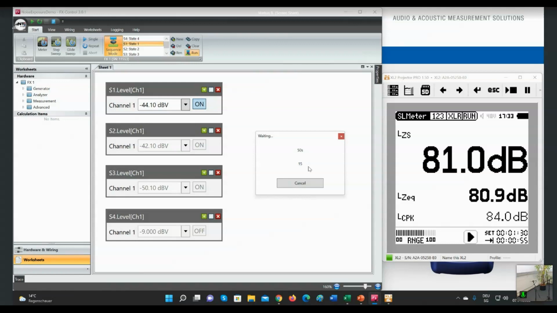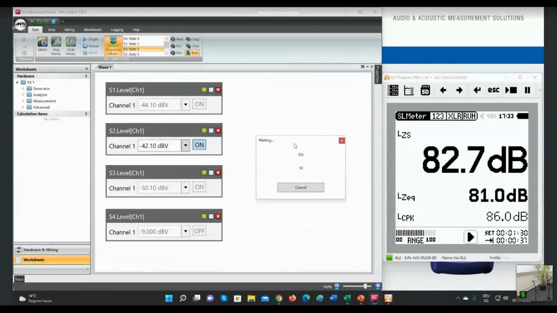The next period will be 20 seconds with a level of 83 dB, as I have shown you on my little graph. So a few seconds remaining. Second part of the sequence has started. 20 seconds, 83 dB, countdown timer running. So this will be added up to the first part. And in 5 seconds, we're going to see the third and last part of our sequence.